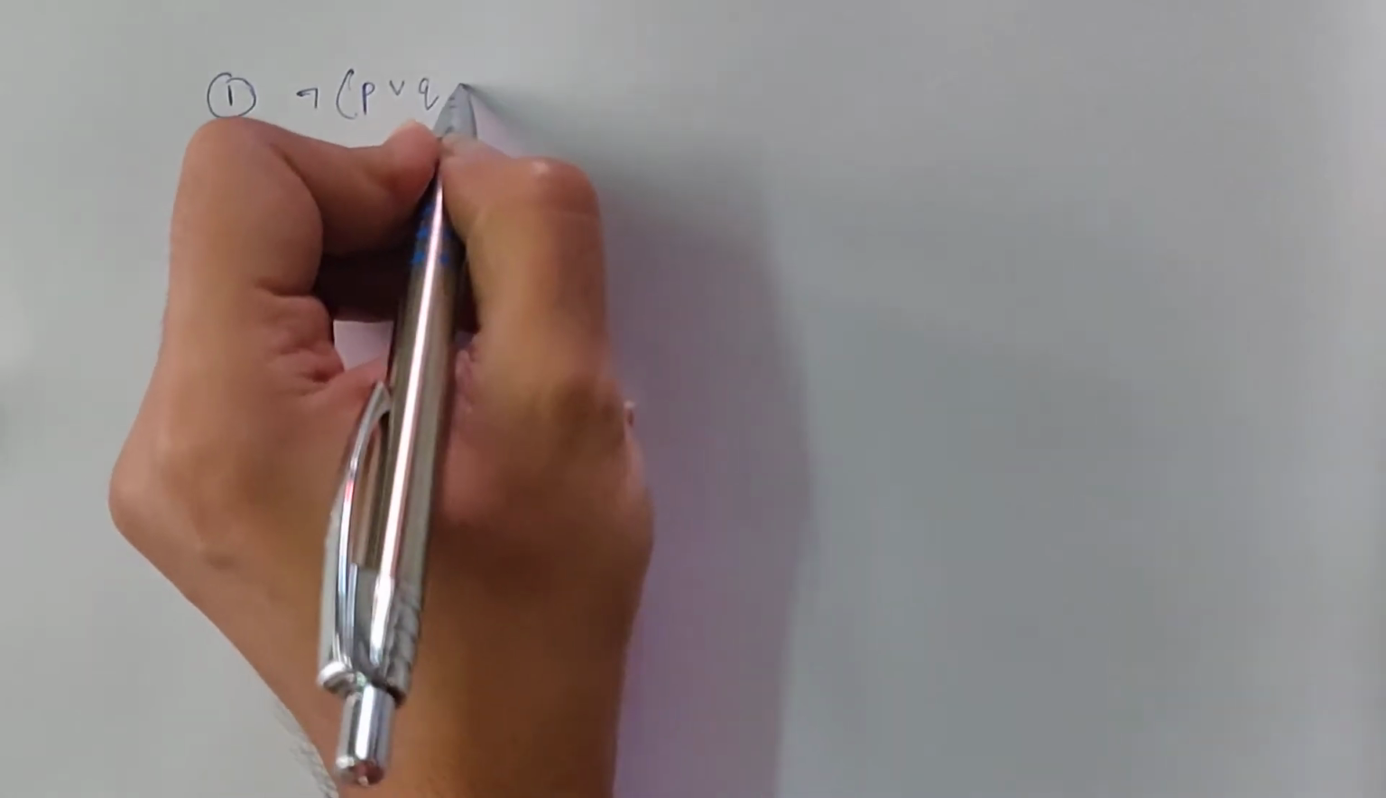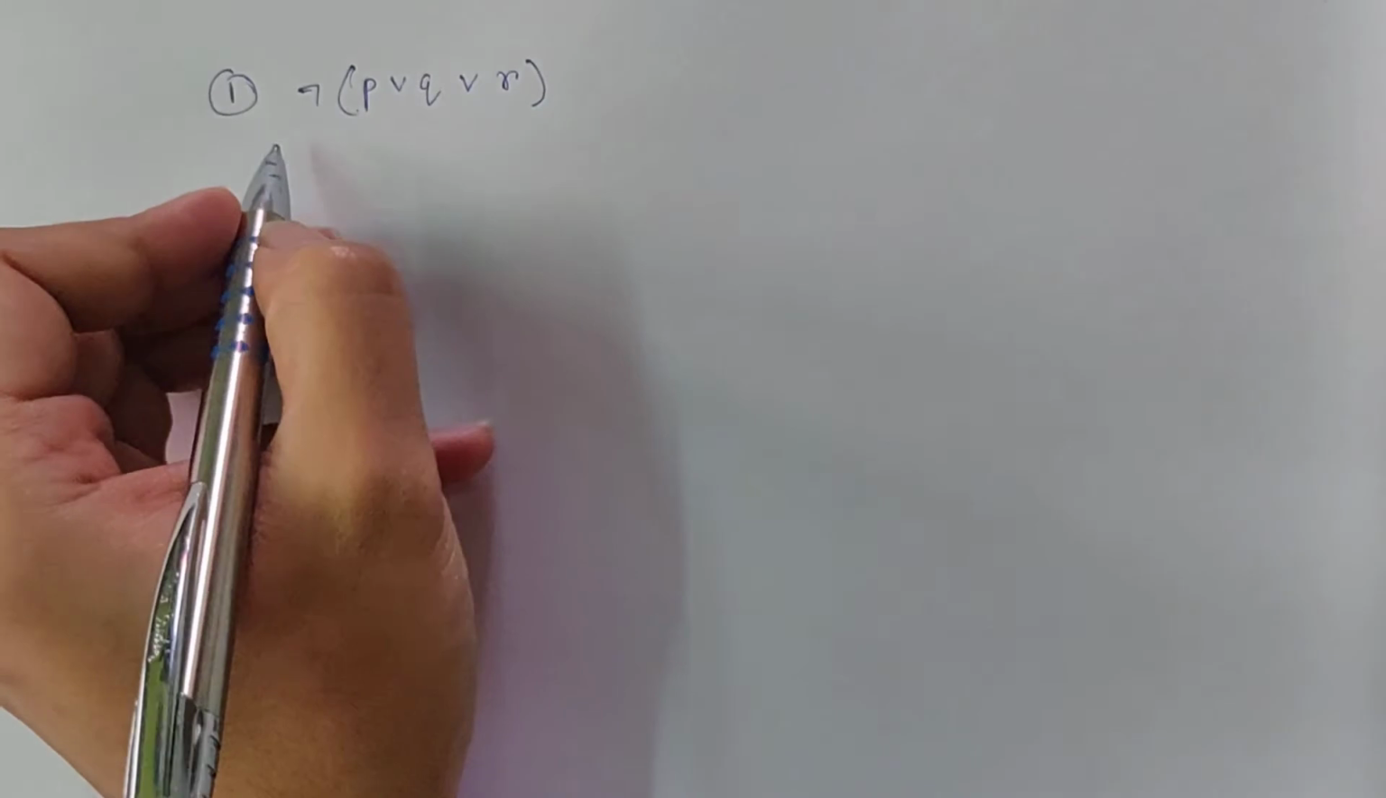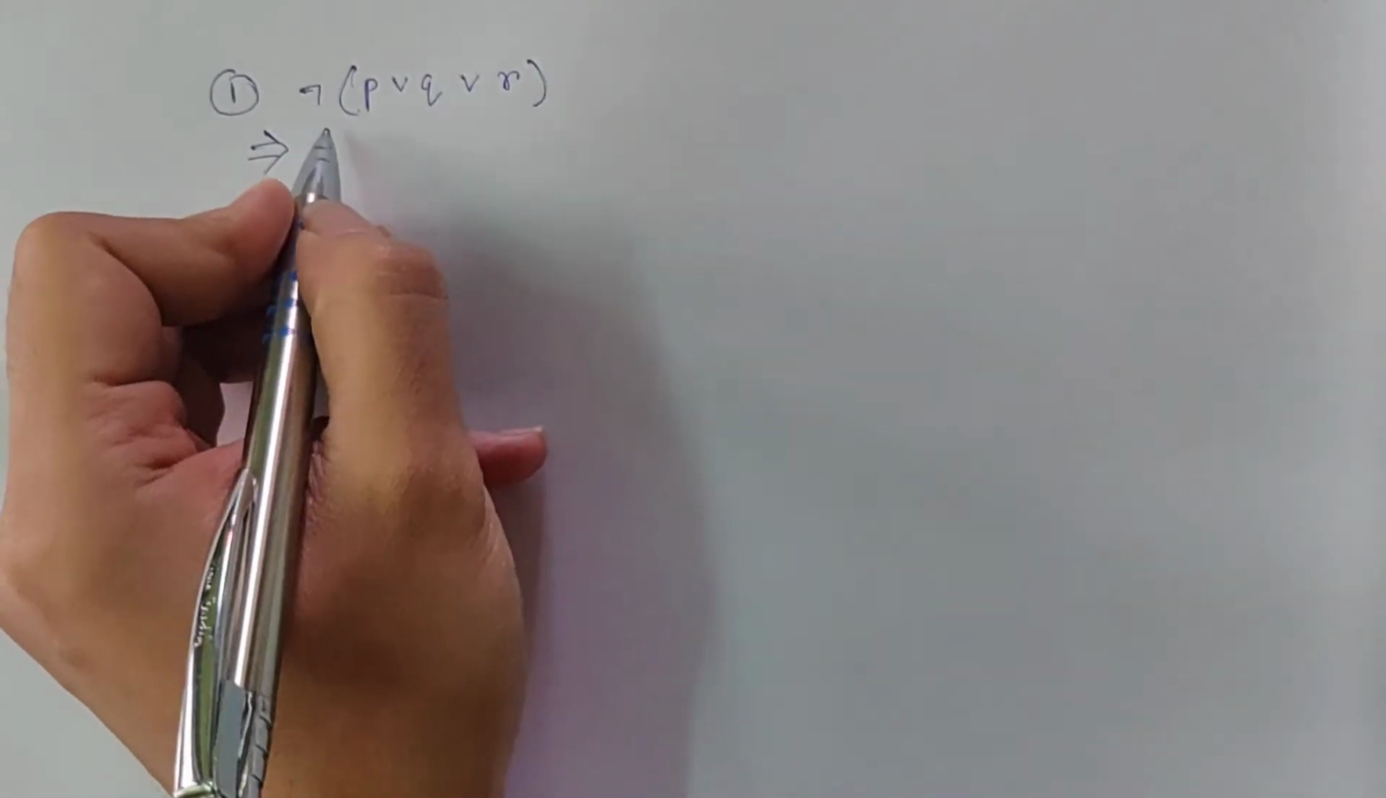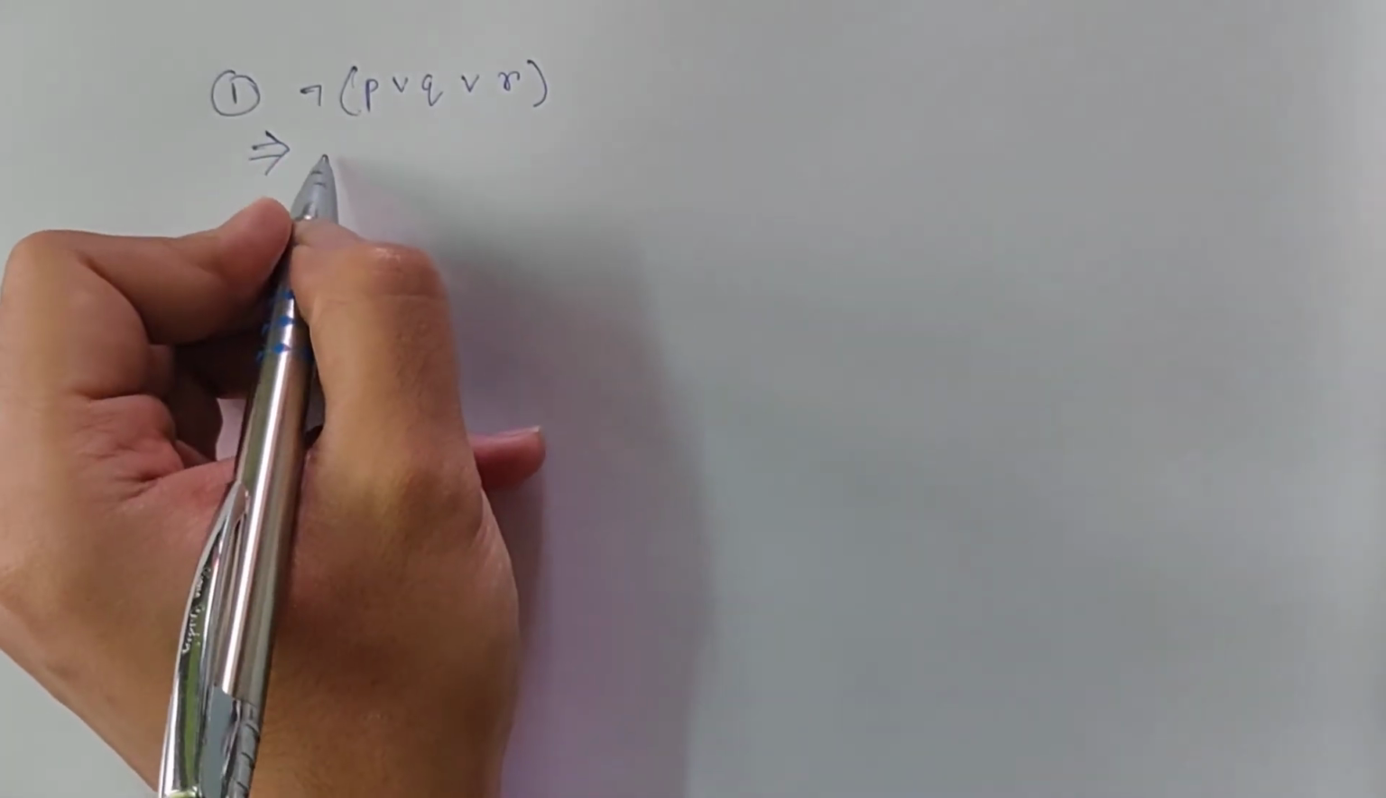The propositional logic sentence given to me is this, and I have to convert this into clausal form. So what do I have to do? I have to take the negation sign in. If I take the negation sign in, this becomes